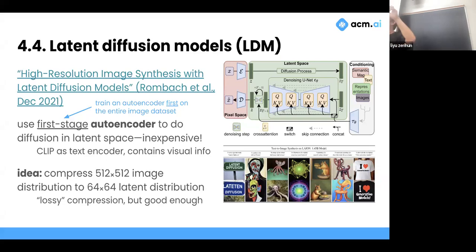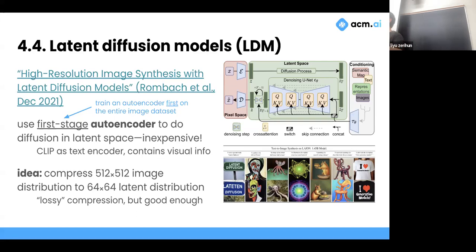We look at all the images and we say, okay, I want to train a really, really big autoencoder that embeds this image into a smaller space that we don't really need to be a normal distribution, and then we inflate it back to the original. So we have this autoencoder that is basically able to compress specifically a 512 by 512 image to a 64 by 64 image, right? It's slightly smaller, has a few more channels, but it compresses it down. And then we basically train a diffusion model, conditioned now on our text, within the 64 by 64 latent space.